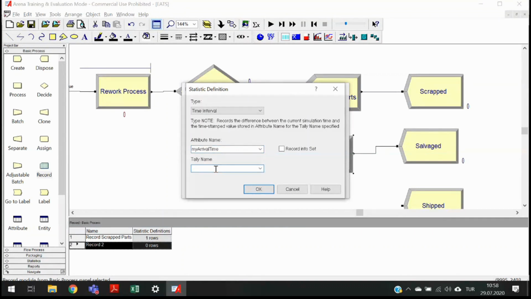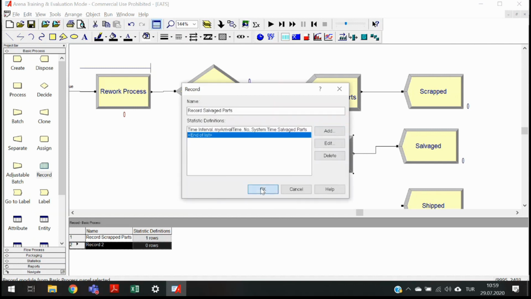The tally name here, so remember, this is a type of tally statistic. What is a tally statistic? Which is basically the time spent in a process or the time spent in the queue. Okay, so the duration, tally statistics are duration of times. Or basically sum of duration of times maybe. Okay, so this is a tally statistic, and the name of this tally statistic will be system time for salvaged parts. Okay, so click OK,